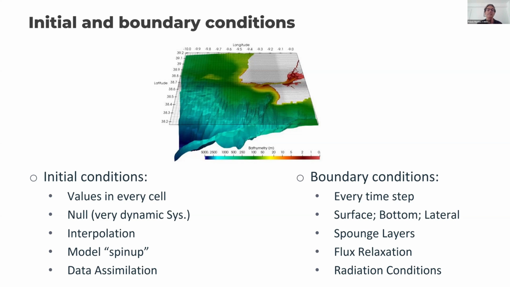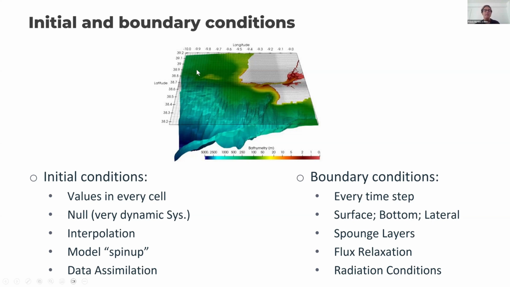And in the surface also. In a physical model, the surface can be stress due to the wind, or some Stokes stress due to waves. But in another model, in an ecological model, in a primary production model, it can be fluxes of oxygen or light or temperature or whatever, okay? Also, we sometimes use sponge layers.